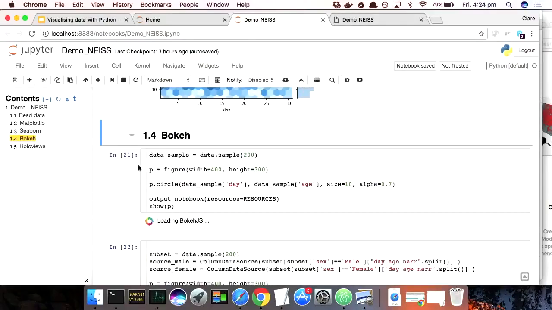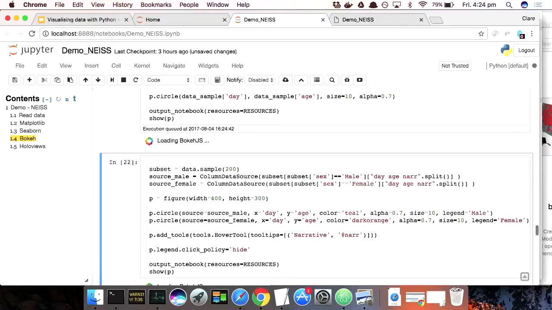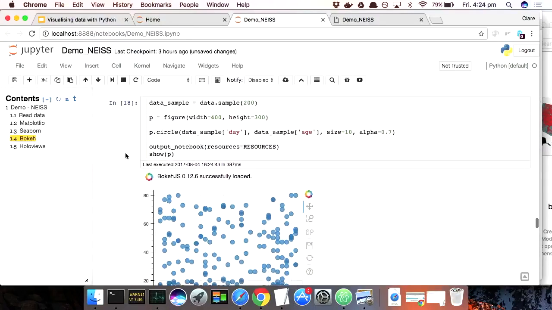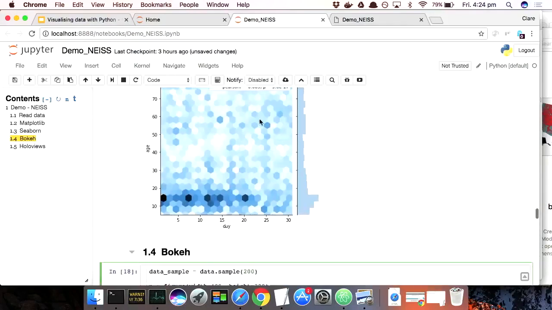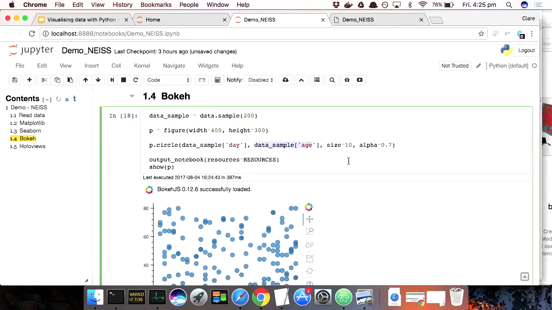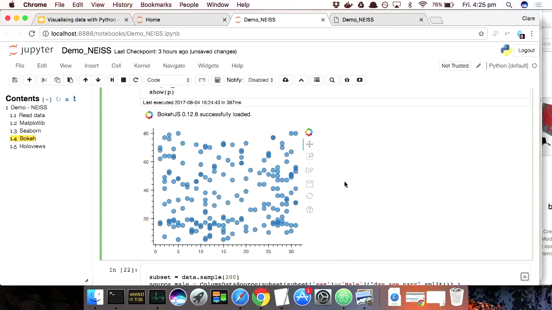So let's just quickly do a couple of examples of that. This is the basic way that you make a plot in Bokeh. This is the bit where I start to get nervous about internet connectivity and everything, as I do JavaScript demos in a notebook. I've said, draw me some circles, make the x-axis the day, and the y-axis the age, so it's conceptually the same as this. I've just taken a random subset of my data so that I don't have too many points, and I can demo it. So we get just a scatter plot,